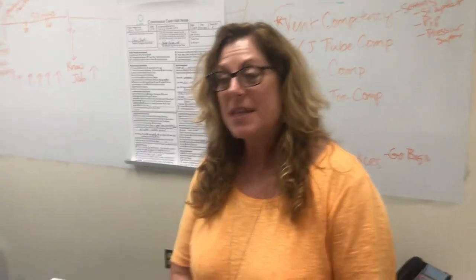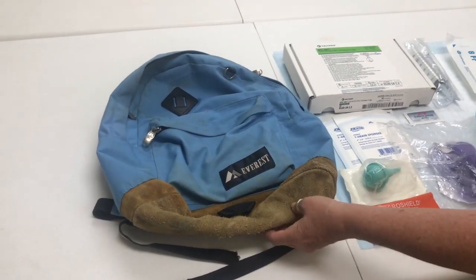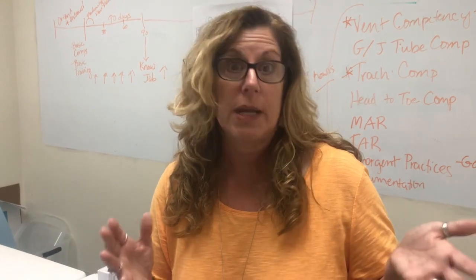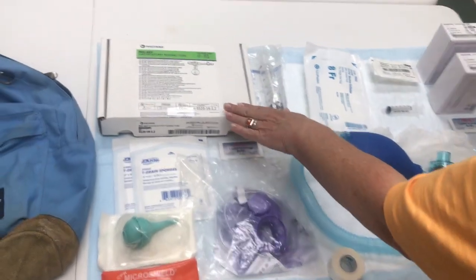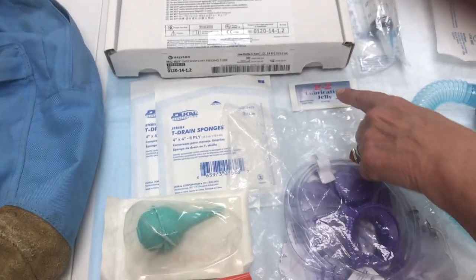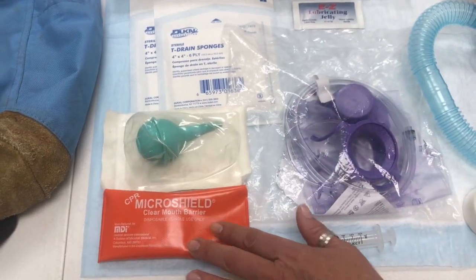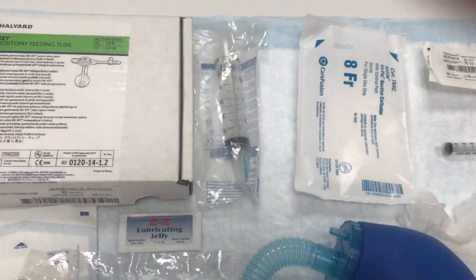Now we're going to take a second and look at actual things that might be in a Go Bag. These are some of the items you might find in a Go Bag. This is a sample backpack to use, depending upon what you need. Depending on the size: if you have just a G-tube, you might have a smaller backpack than if you had someone that's got a ventilator, a trach, and a G-tube. What I've laid out here are some items. Here's a G-tube with feeding and extension tubing set, split gauze, lubricating jelly. This is a bag for G-tube feeding, bulb syringe, micro shield, 6 cc syringe, 60 milliliter syringe, and then some